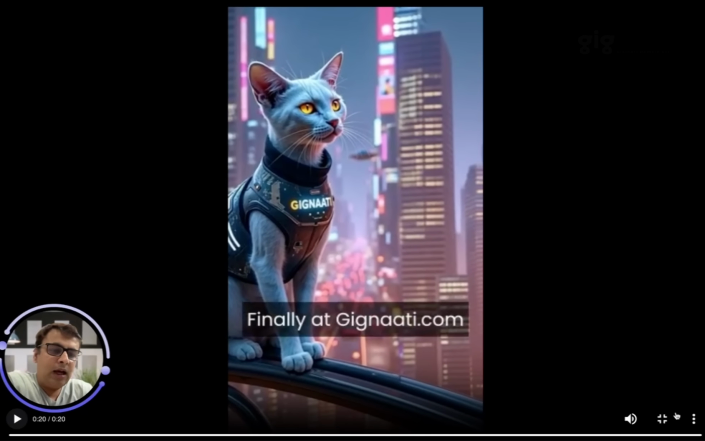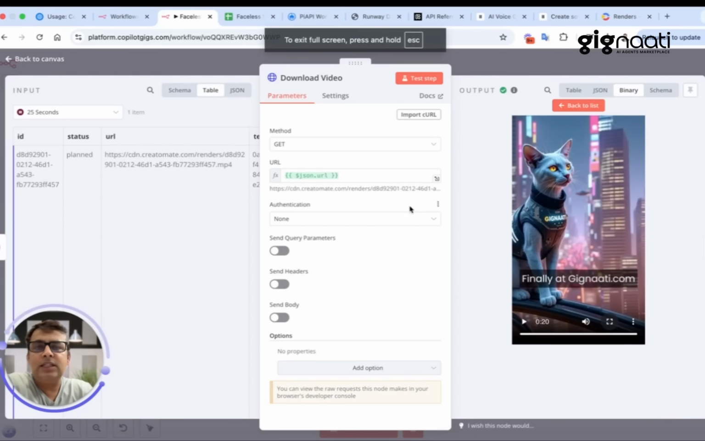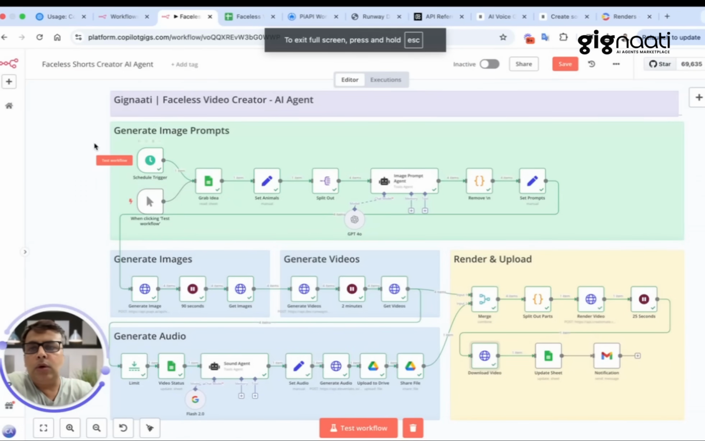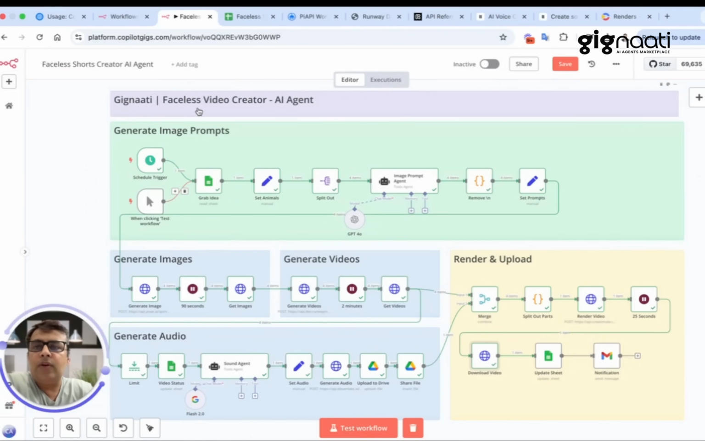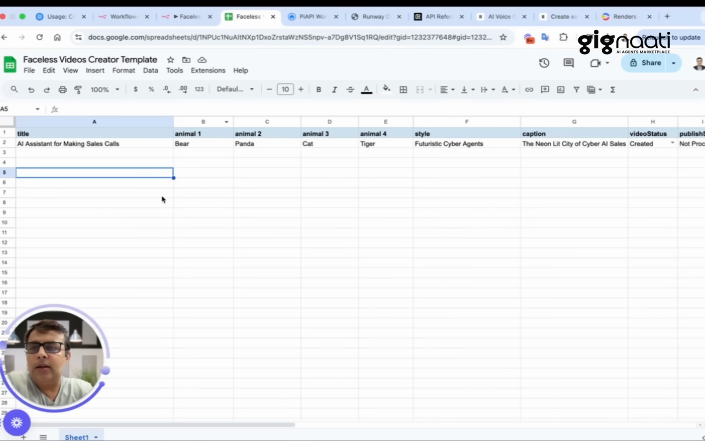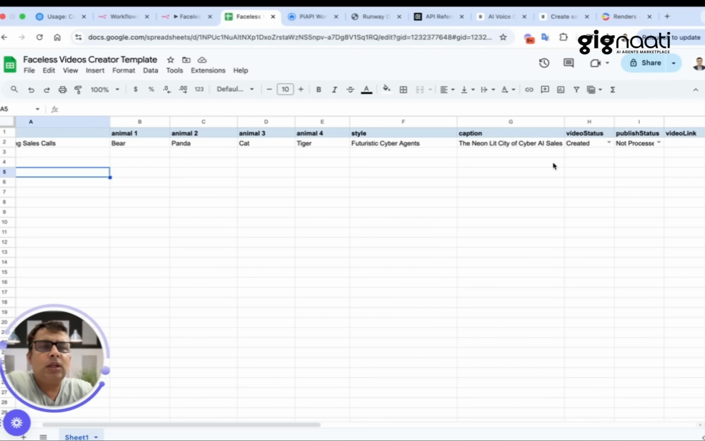But before that, I would like to walk you through how such agents are built. So let me take you through a complete journey of a faceless video creator AI agent that we have built, using a basic template that any social media or content creator can use by giving a title. I've kept the theme animal, so you can keep certain themes, some style, some caption, and some statuses to make sure that when the agent processes it, you have all the work done,